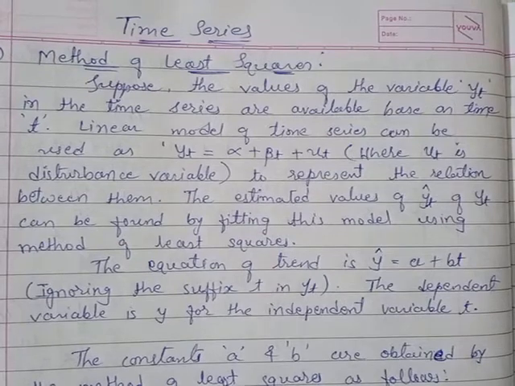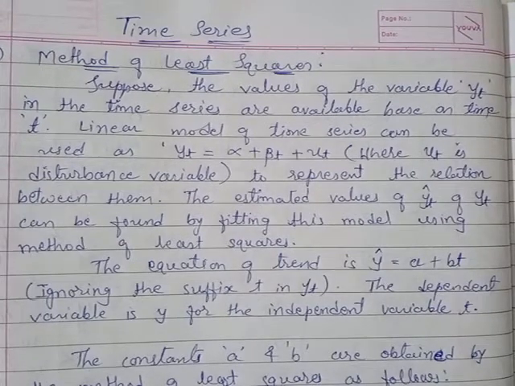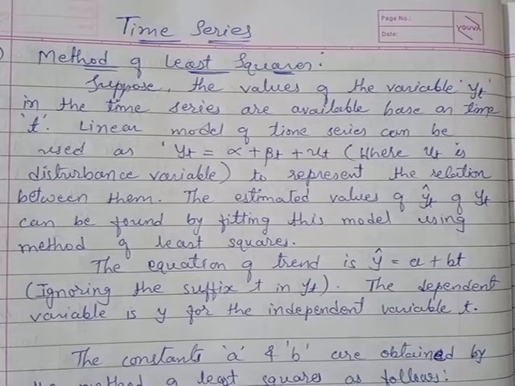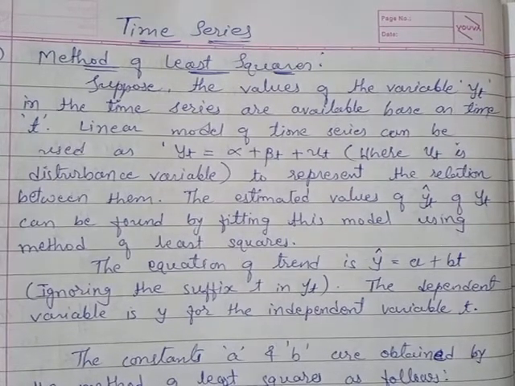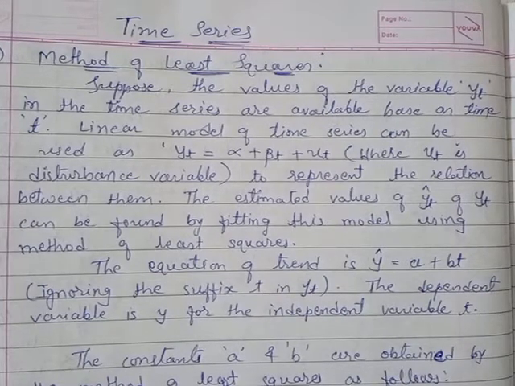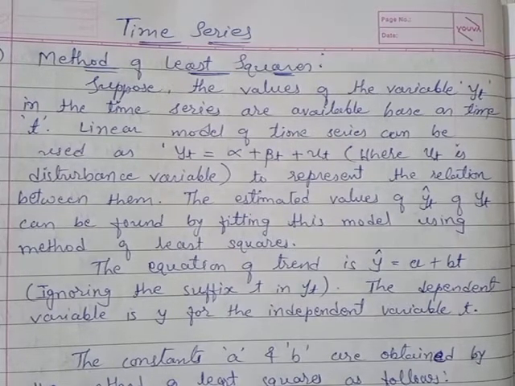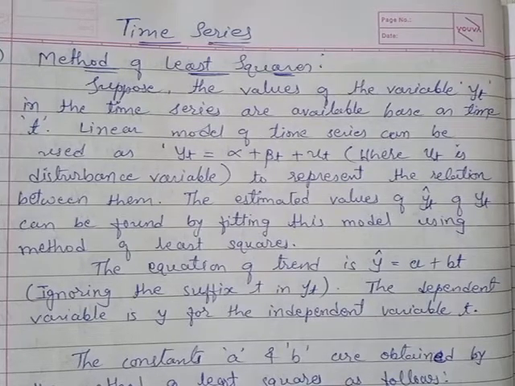So in that case, we are going to use a mathematical technique or method for the reliability of the estimated values, and such a method we have already learned in linear regression, the last chapter we have completed, right? So the method of least squares is the method in which we are going to fit a linear trend, called the equation of linear trend. By fitting this equation of linear trend, we can estimate the value of variable y based on time on the basis of this linear trend, right?